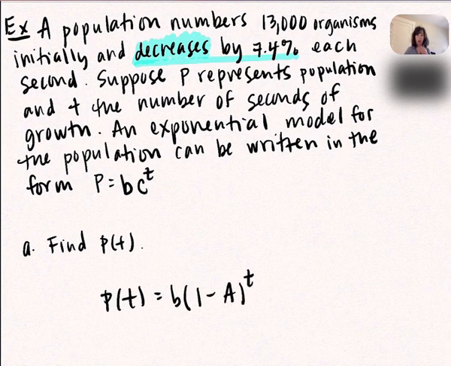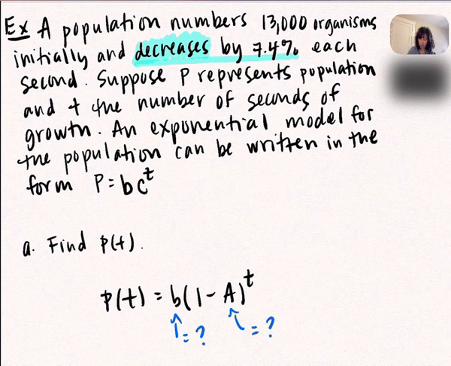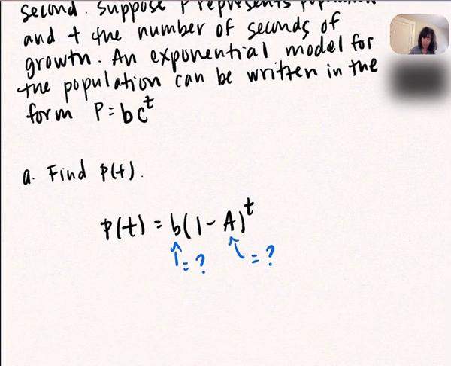And we just need to figure out what is b and what is a. t is a variable. It's the time unit that can change. Okay, so b in this equation is always the initial population. So let's write that down. b equals initial